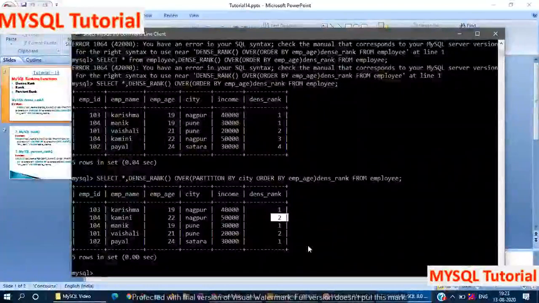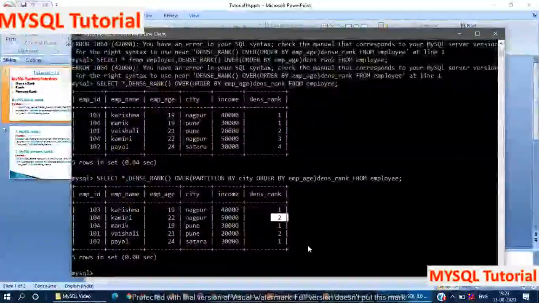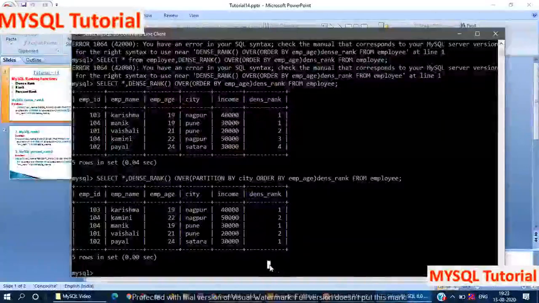Okay, now we will move to the next point, which is the MySQL rank function. It is the same as the dense rank function, but in dense rank we use DENSE_RANK, and in the rank function we only use RANK. Here you can see SELECT column name.